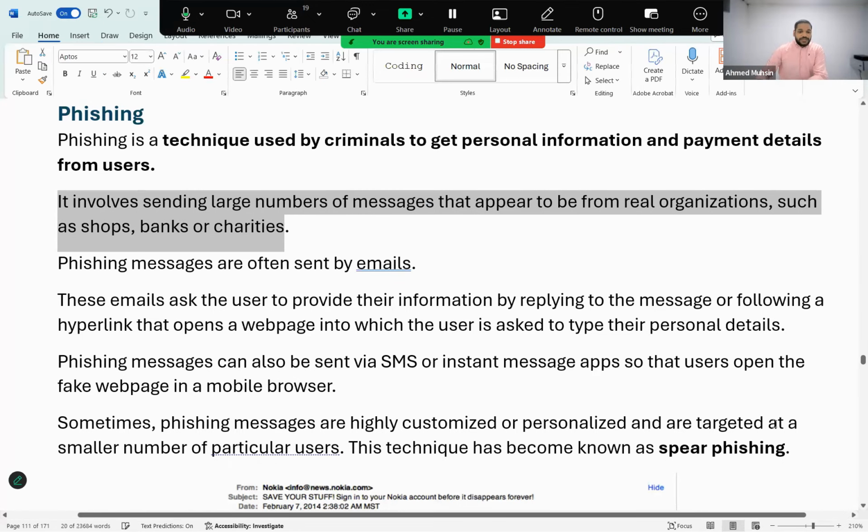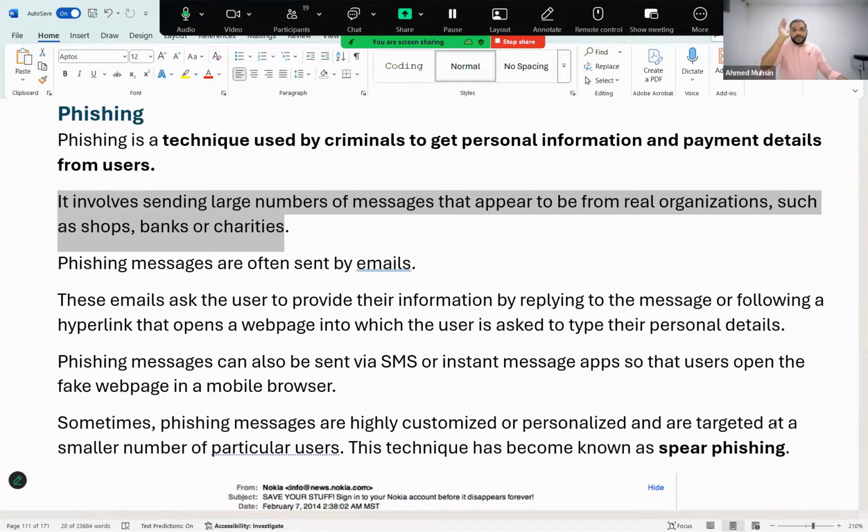It involves sending a large number of messages that appear to be from a real organization. So what happens in phishing? The hacker will send an email to many people. In that email, he will pretend to be from a genuine organization. So he will say something like this: your parcel via DHL is on its way. Click here to update your delivery address. Some people fall for this email. You never ordered anything, but when you see DHL is sending you an email,